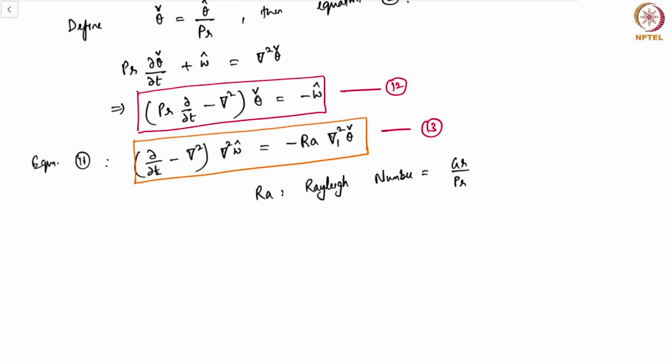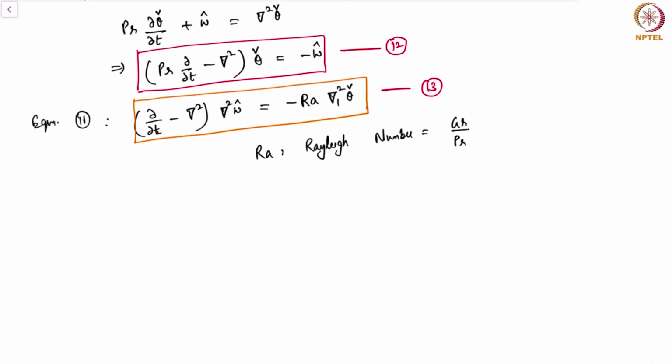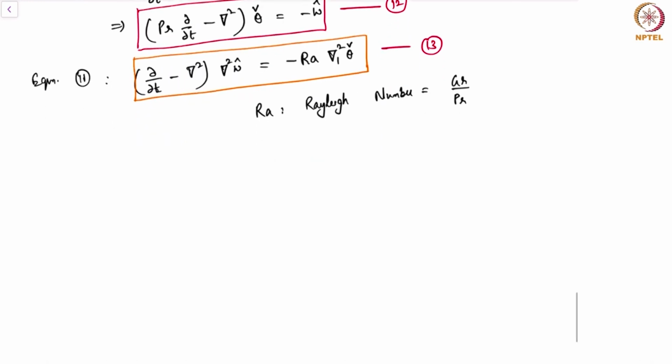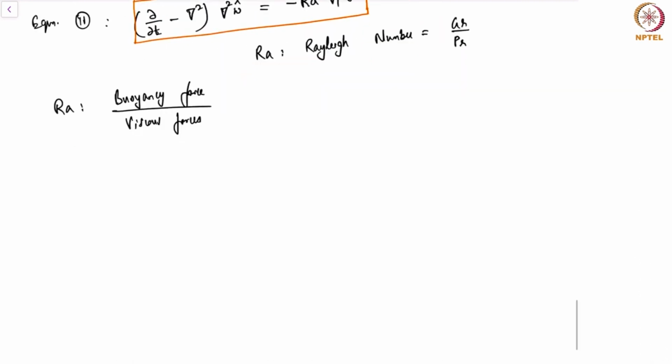Okay. So we can now perturb the system and study the linear stability of this problem, because we have linearized equations. But we will make one more simplification. The one more simplification that we are going to do is to state that this Rayleigh number, remember, is buoyancy force to viscous force. Okay, so if buoyancy effects are small,